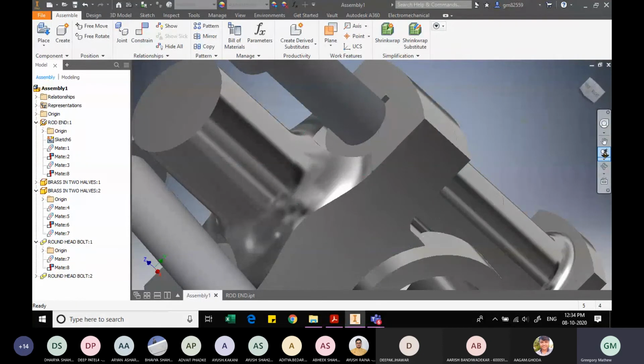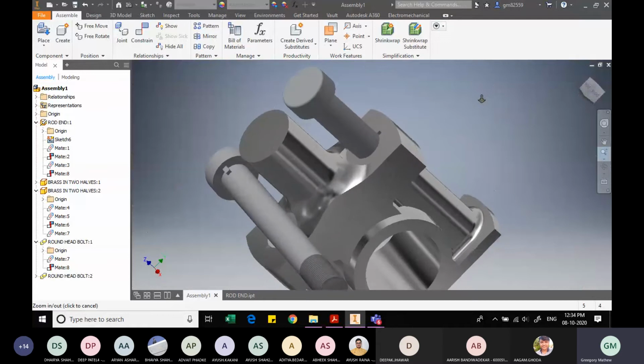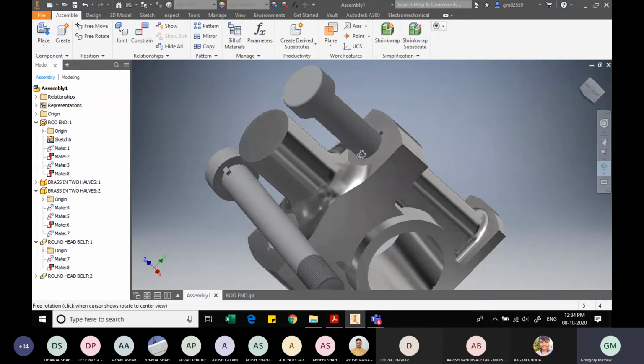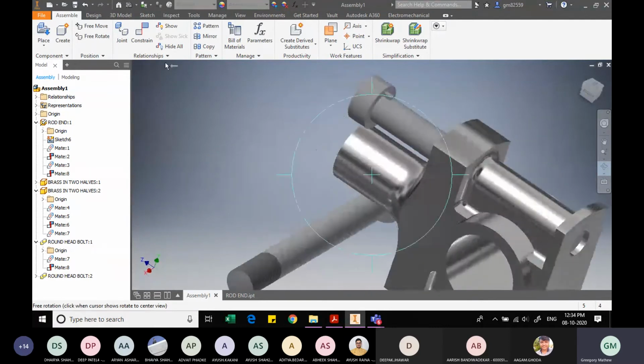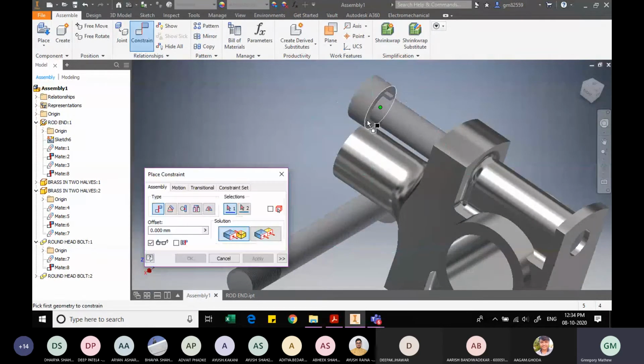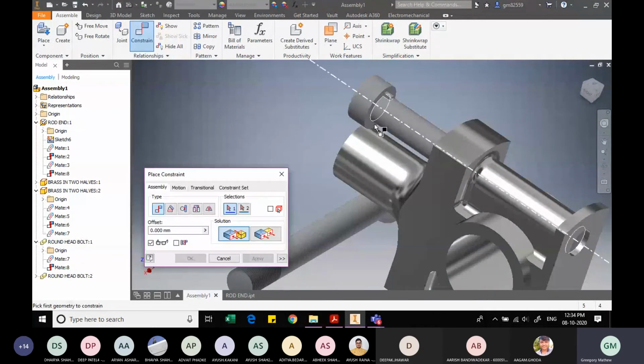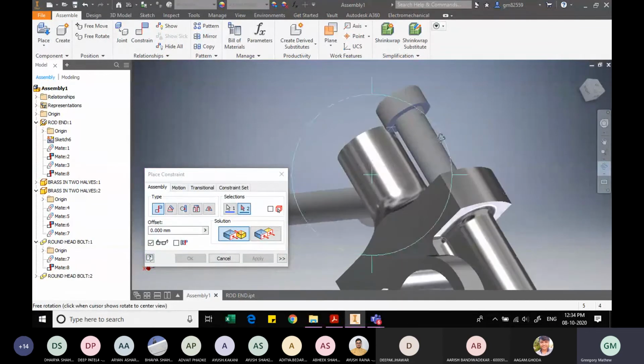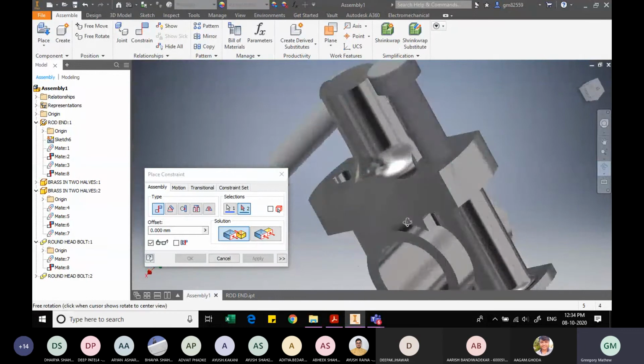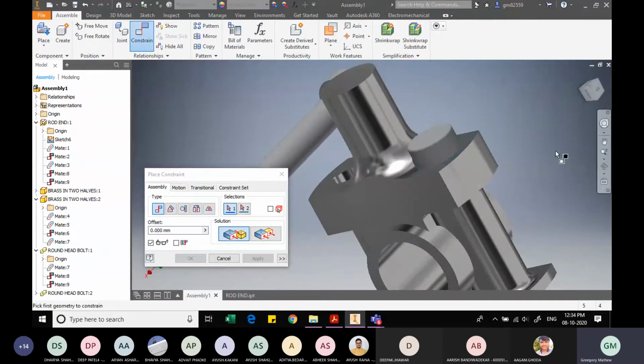Finally, they have originated. So that apparent difference was creating all these issues. And the final step now is just to make them be in contact. So using the constraint option, let us select this, sorry, the face is wrongly selected. Constraint option, selecting this face and then the other face, which is here. And that's it.